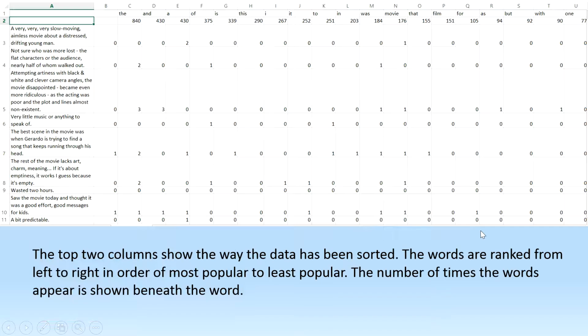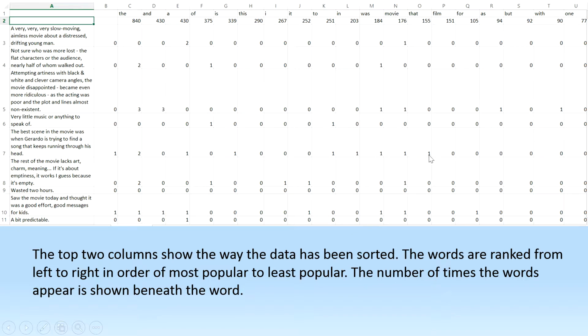and Yelp reviews. Next, using the bag of words we were given, we sorted the data from most apparent to least apparent. So using the sum function in Excel, we were able to determine how often certain words appear in certain sentences. So for example, the word "the" appears 840 times in these reviews, and it is the most apparent